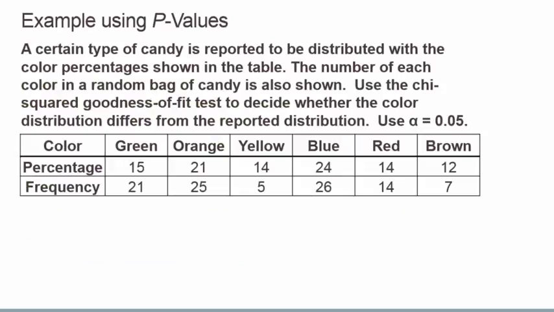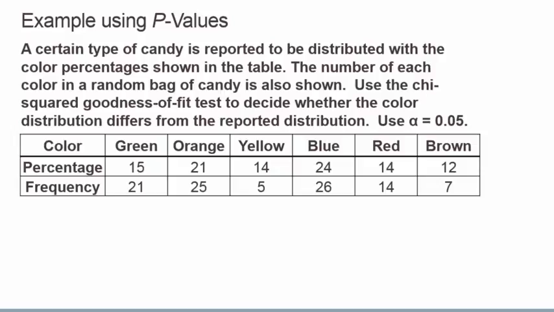Example using p-values. A certain type of candy is reported to be distributed with color percentages shown in the table. The number of each color in a random bag of candy is also shown. Use the chi-square goodness of fit test to decide whether the color distribution differs from the reported distribution. Use alpha equals 0.05. Our color is our first row, percentage is our second row, and the frequency is the